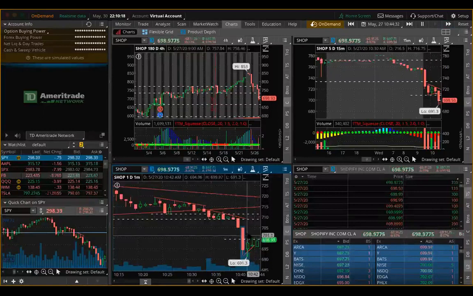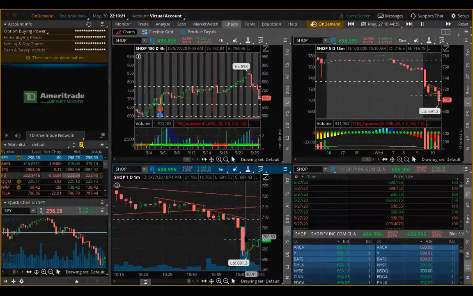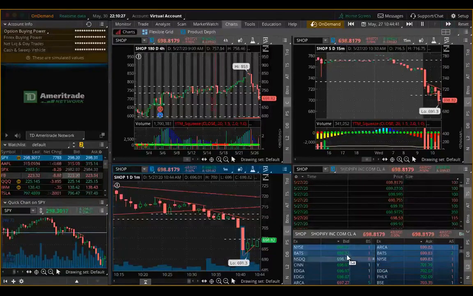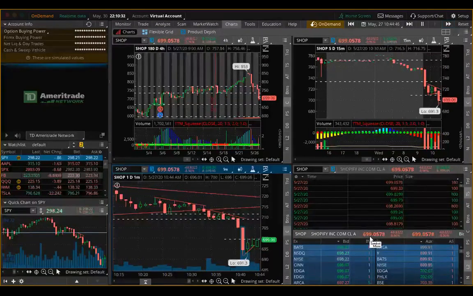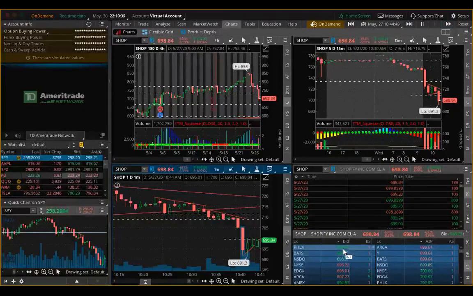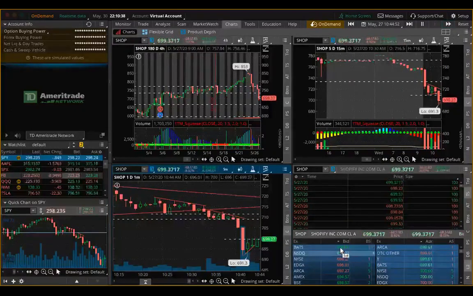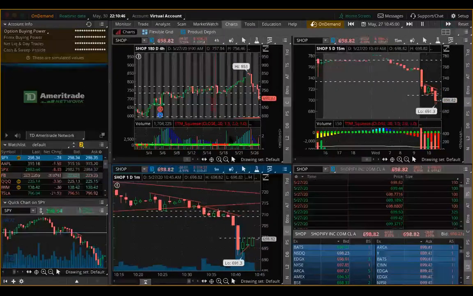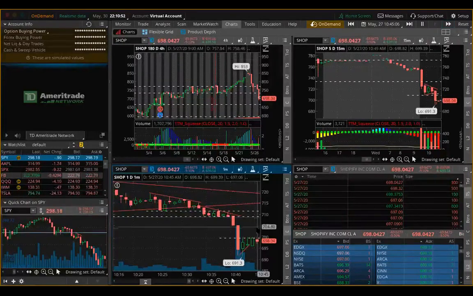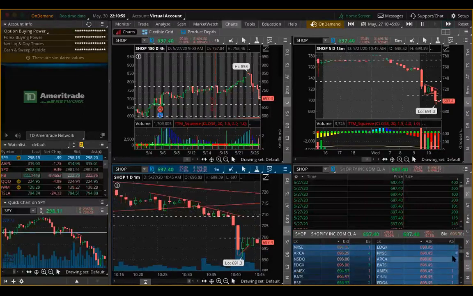All right, I wanted to hold above this 700 level. I need buyers stepping in. I need to see it, right? I need to see it. I don't see any 700. Do you guys see 700s? I got 700s on the sell side. When you have the numbers over here on the sell side, that's how many contracts are looking to be sold. Look at that. We're breaking out of the pennant.